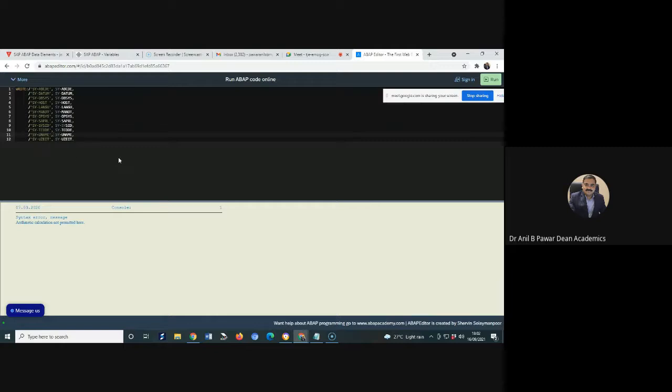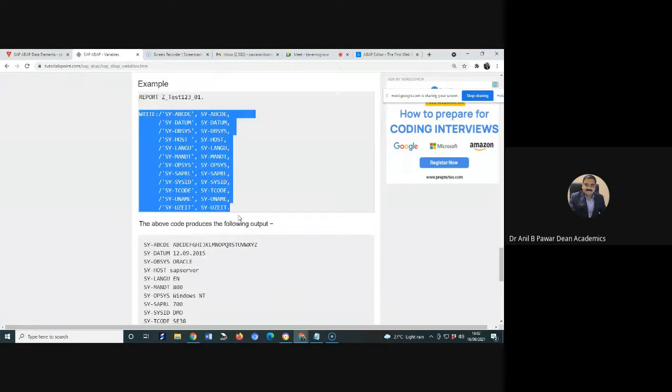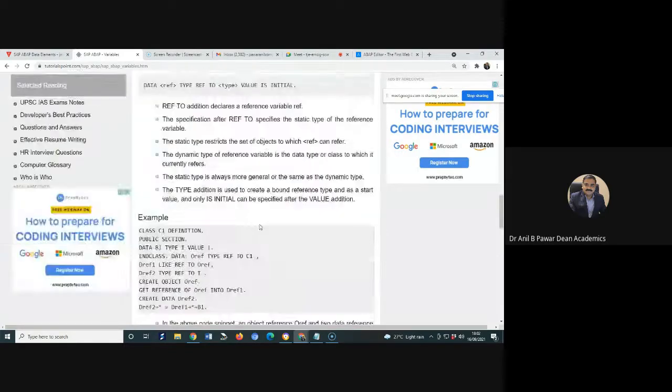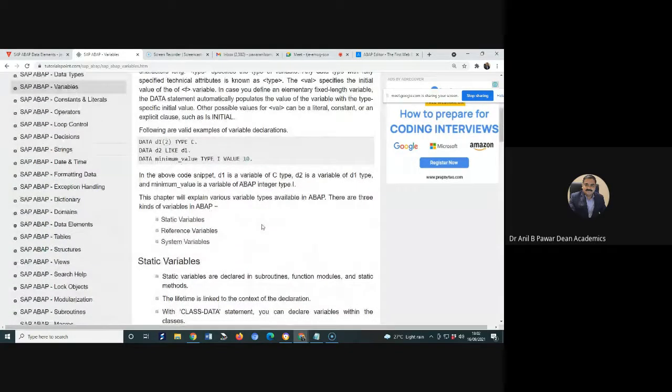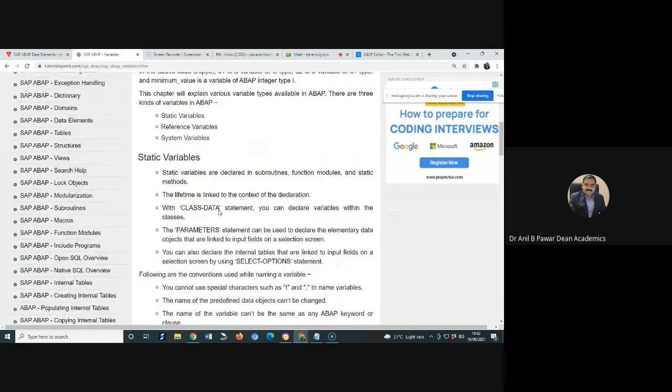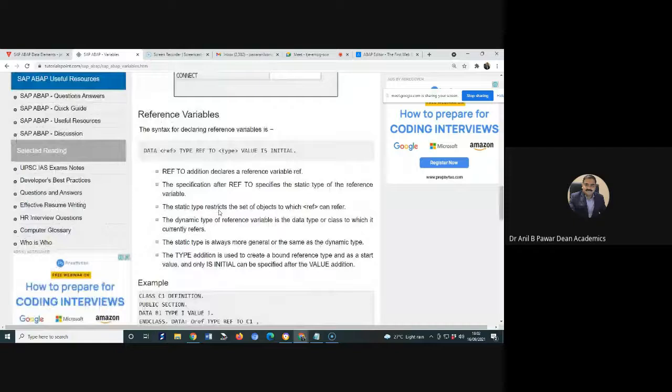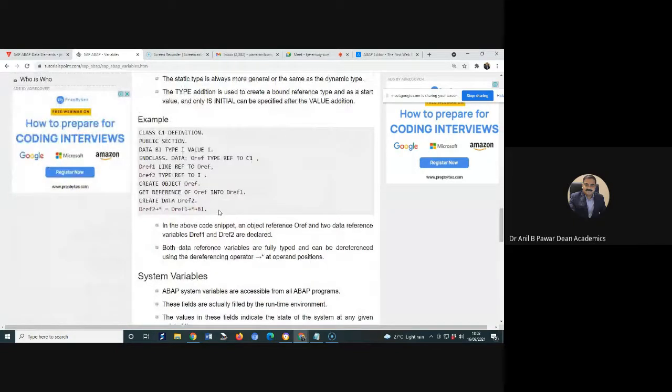When I want to do any system-related job, maybe I want to get the details of the host, or I want to get the date, time, or some other details, I can make use of these system variables. So these are the different types of variables available in your ABAP. Currently, don't be confused; we are going to discuss even more details in depth about these variables during our ABAP data dictionary and during other programming.